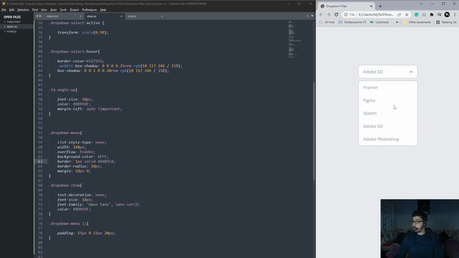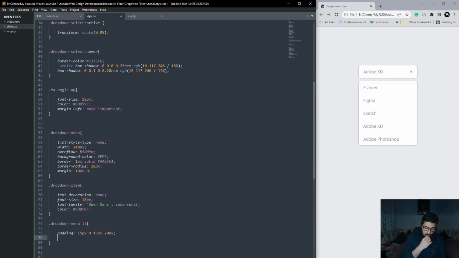So good, nice, very nice. I'm gonna add also box sizing, border box. Okay, good. And so we need to add the line between Adobe XD and Photoshop. Let's create it and style it up. Drop down menu, drop down menu li